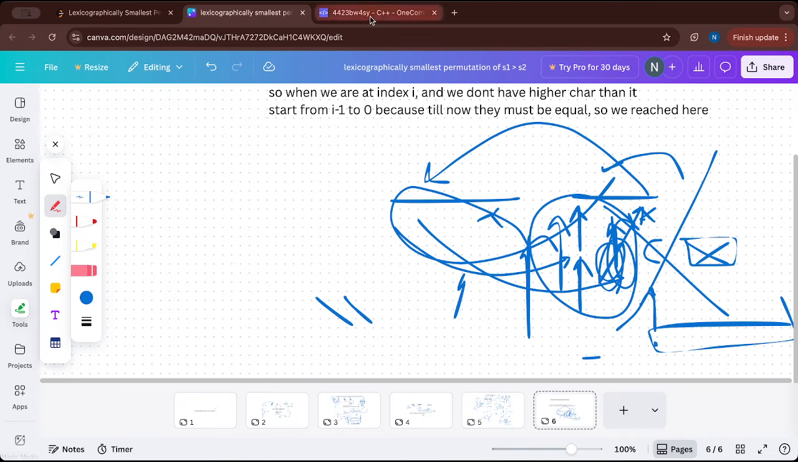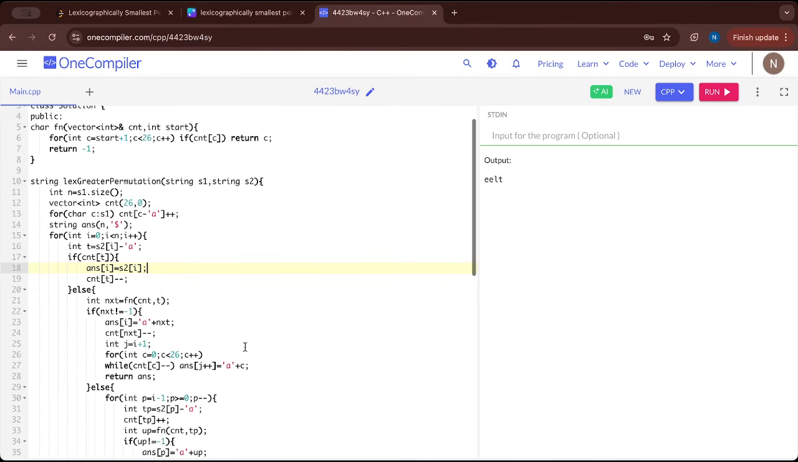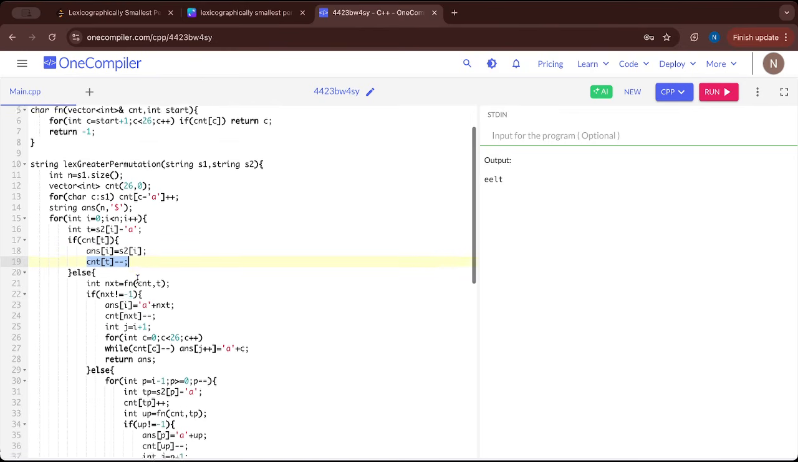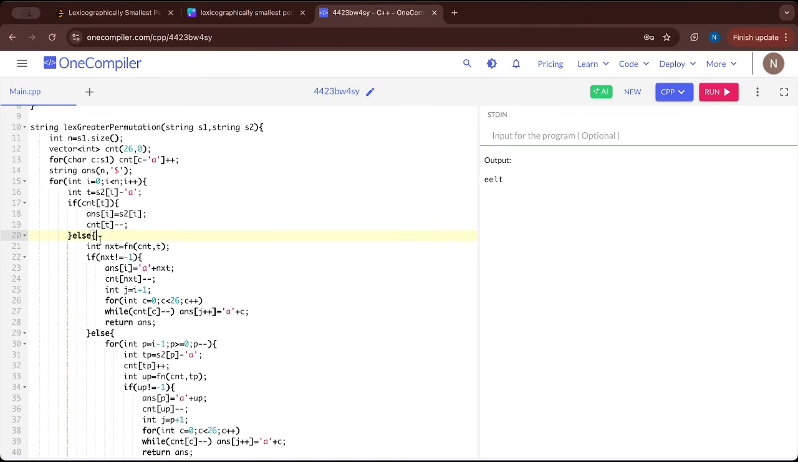So hope you got this. Let's check the code. It is as simple as possible. Use the S1 frequencies and then initialize answer to n length and start from 0 to n. Find the character, and if the character is in S1, then simply use it in answer and decrease the count because we used that character. And if there is no equal character, find the smallest character which is greater than